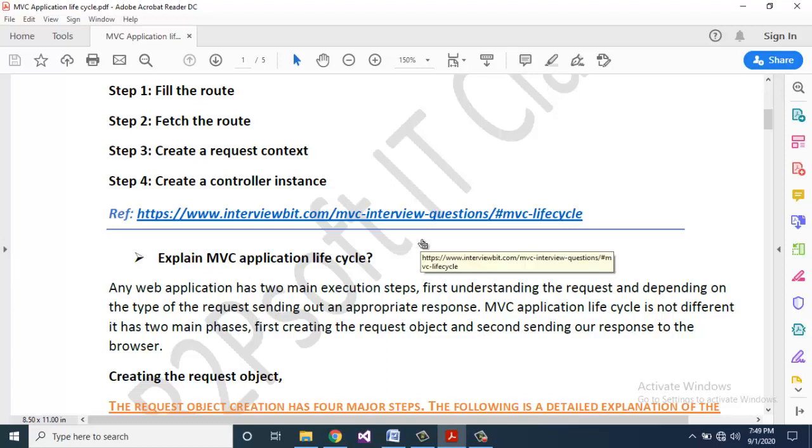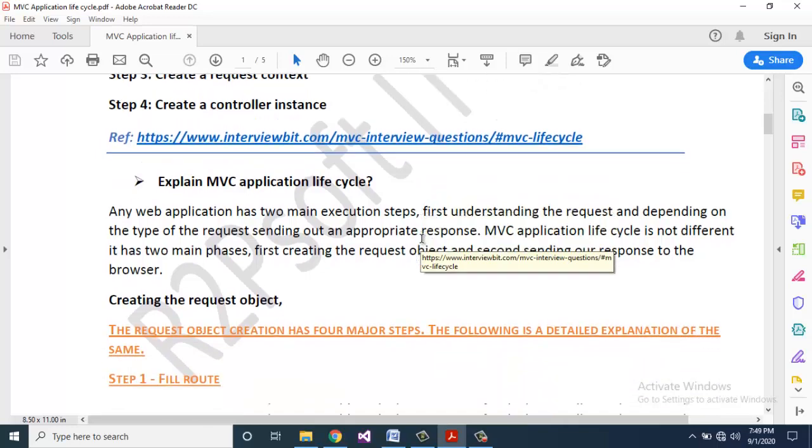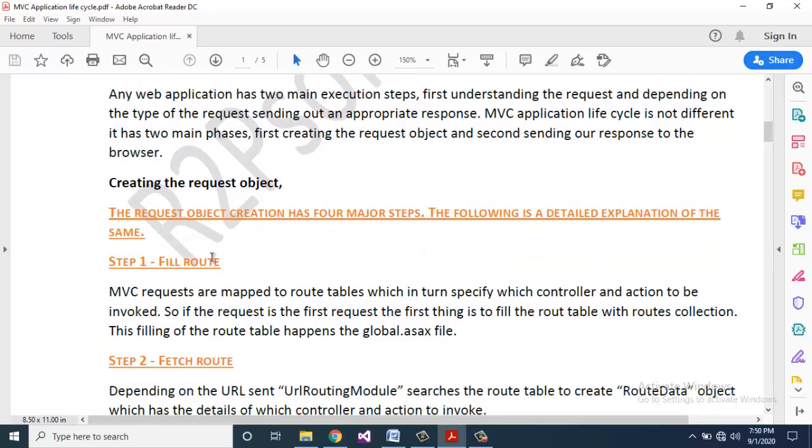Creating the request object. The request object creation has four major steps. The following is a detailed explanation of the same. Step 1, fill route. MVC requests are mapped to route tables, which in turn specify which controller and action to be invoked.